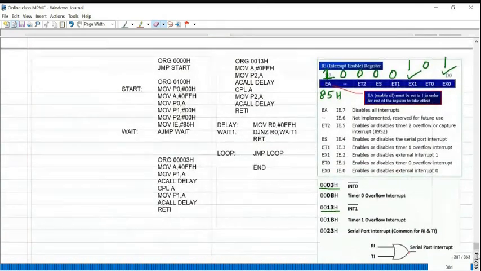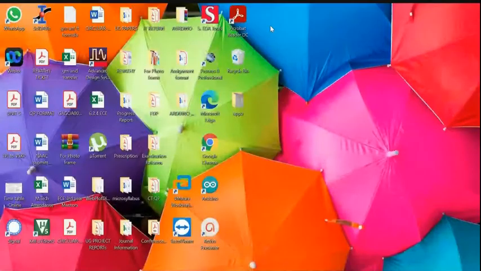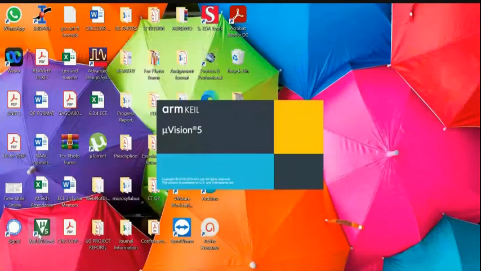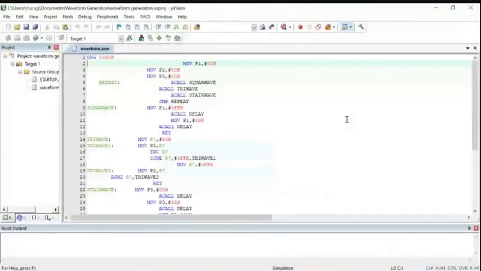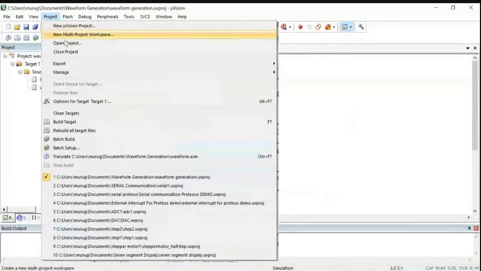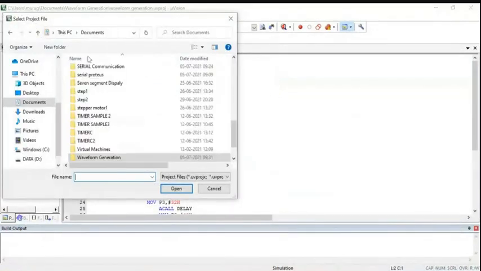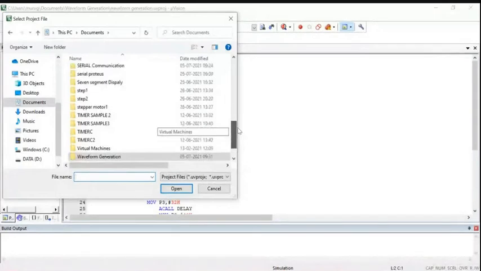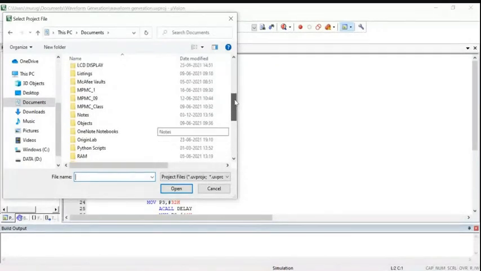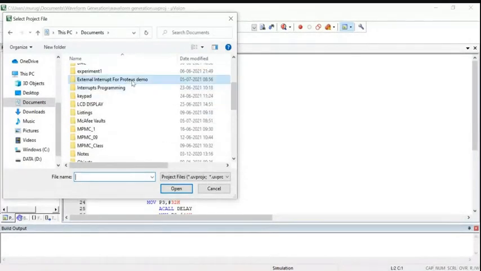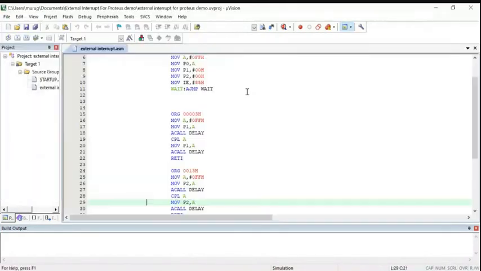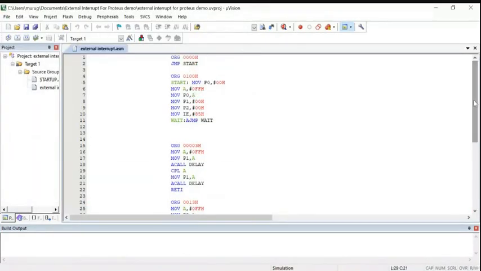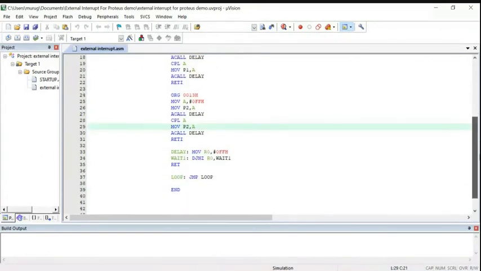Now generate the hex file using Keil software. Same program, I have typed in this Keil software.